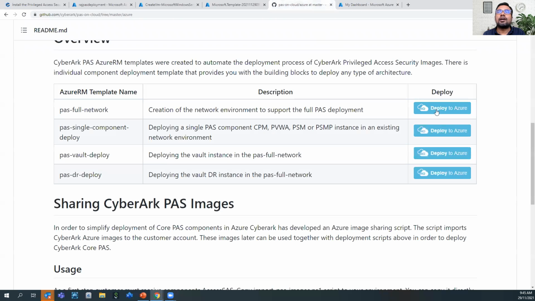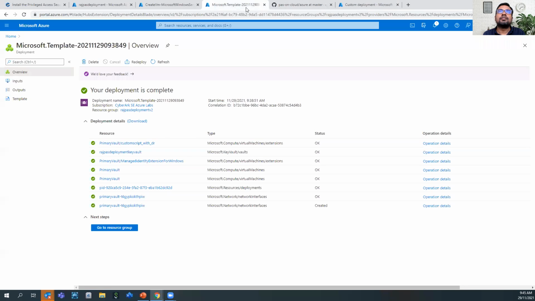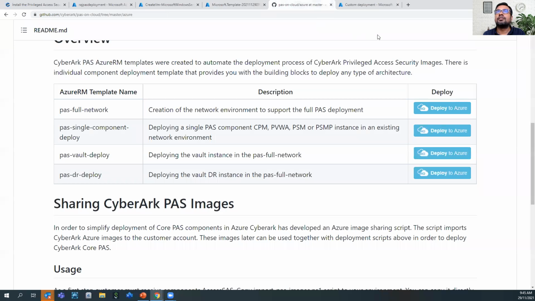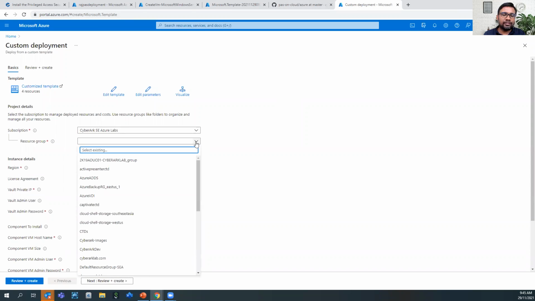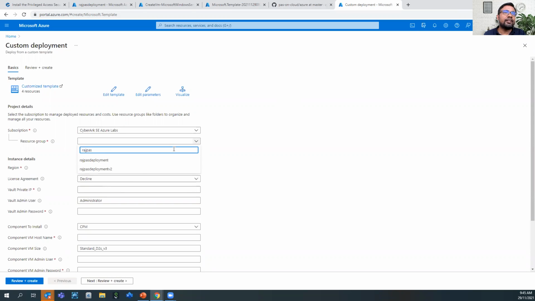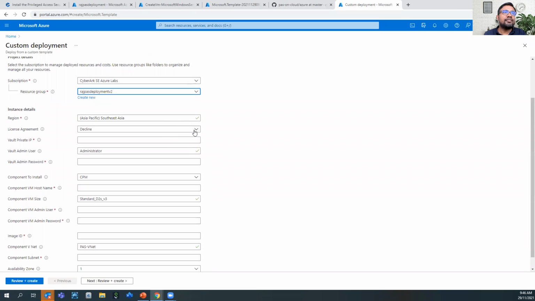I have selected this PaaS single deployment template. So then let me go to this deployment template. The resource group, we will be deploying it in the same resource group. The license agreement, you have to accept it.